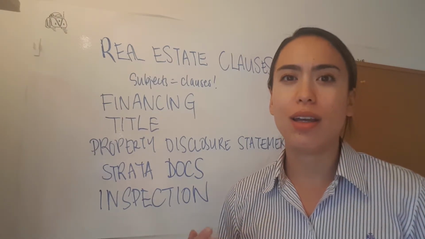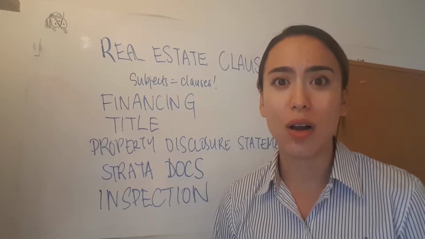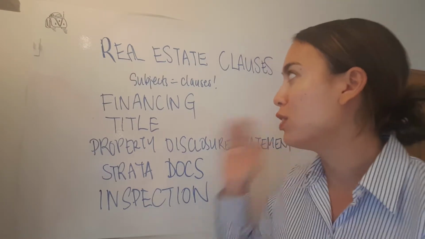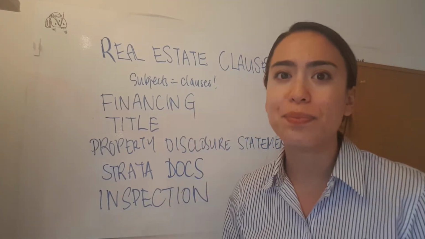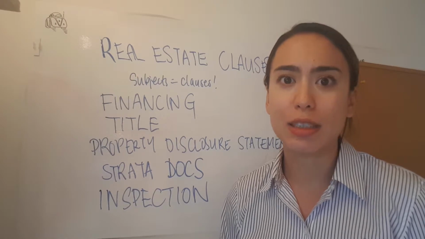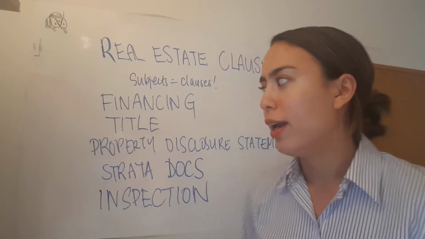And again, in a normal market, you're going to see a subject removal period of about 7 days long, but this is with full subjects. So if you have financing, title, PDS, strata documents, and inspection, you're probably going to need about 7 days to perform your due diligence. But if you're in a situation where you're in a hotter market and you've reviewed the